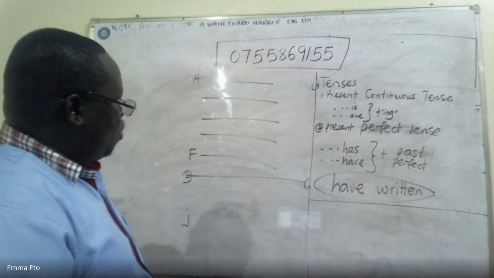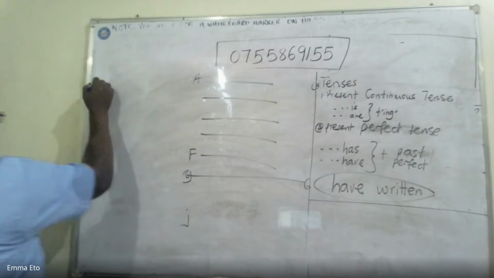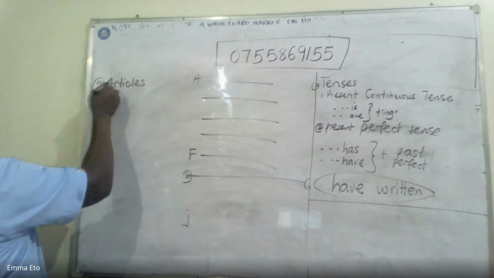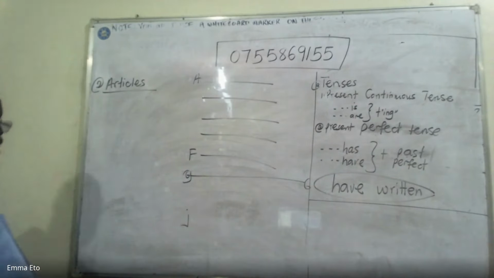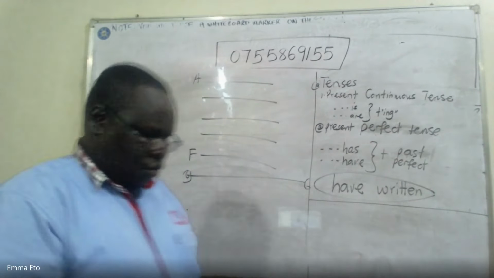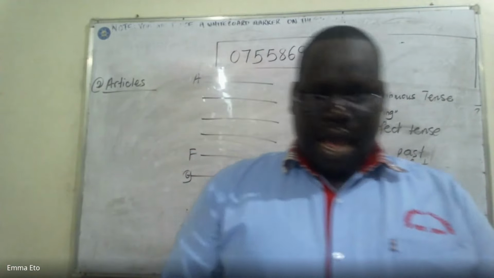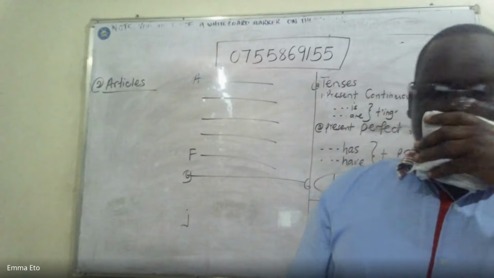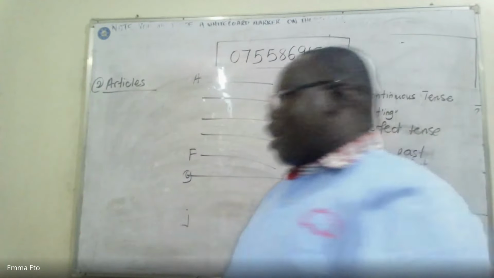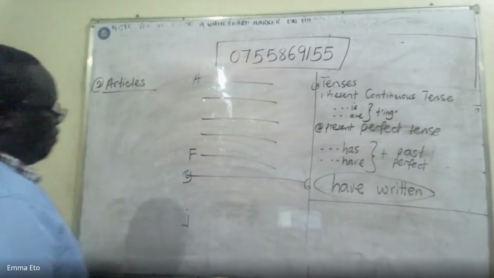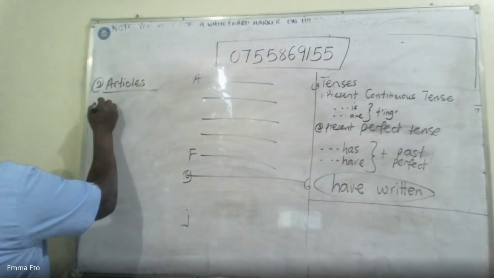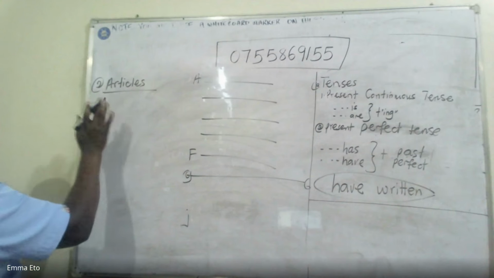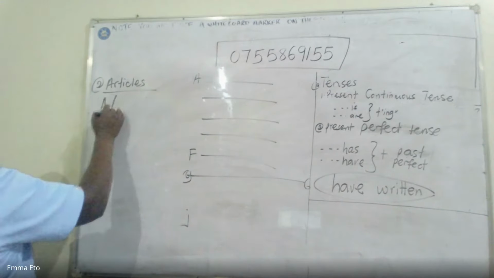Then 2 articles. Now, for the first mention, we use article a and an. For the first mention. You're going to talk about a noun for the first time. You use article a. If it's beginning a sentence, article a. Or article